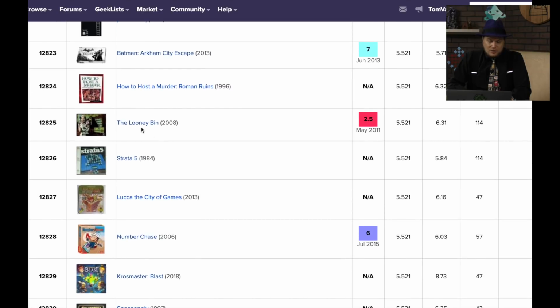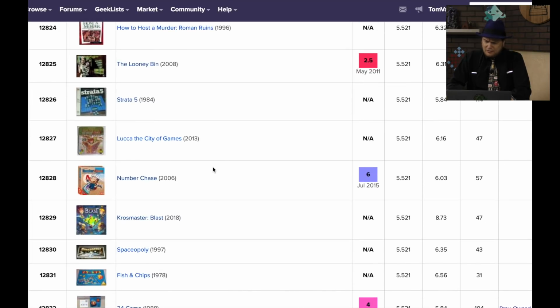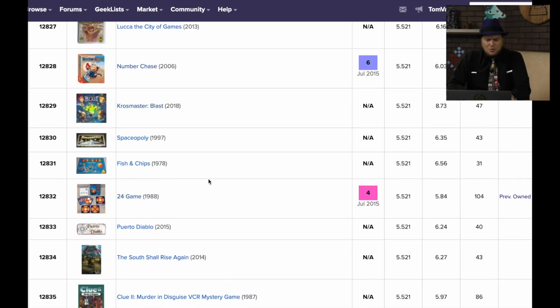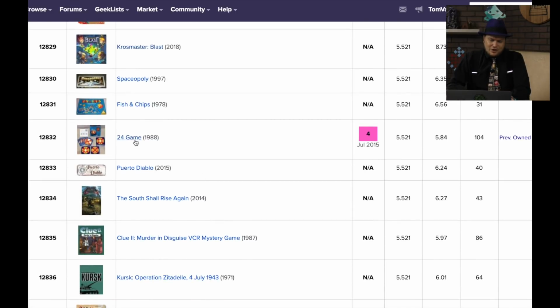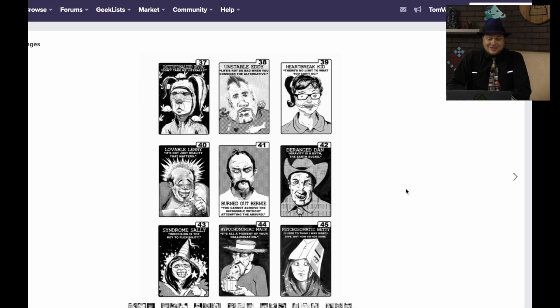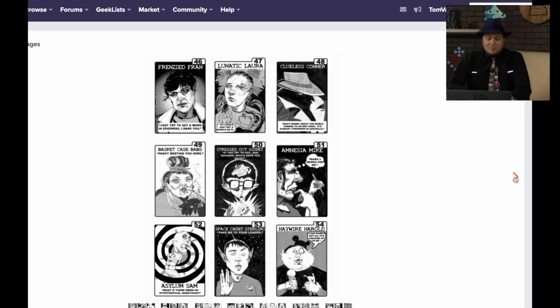All right, the Loony Bin. I already talked about that one in the past, I think. Strata 5. Number Chase. Yeah, some of these have definitely moved down from the last time I've gone over this. And 24 game. So the Loony Bin here, unfortunately, is a game about a madhouse, and it just doesn't take...